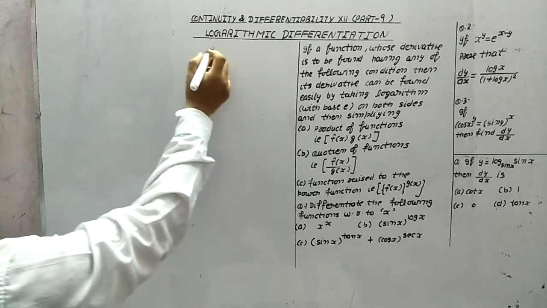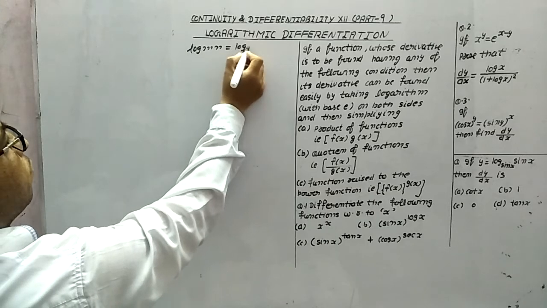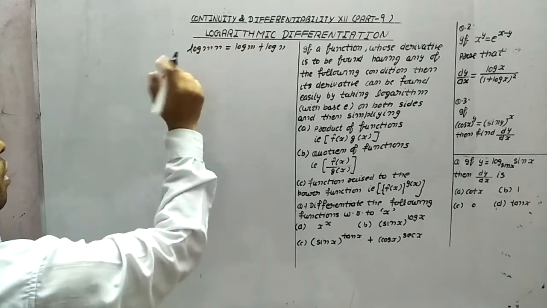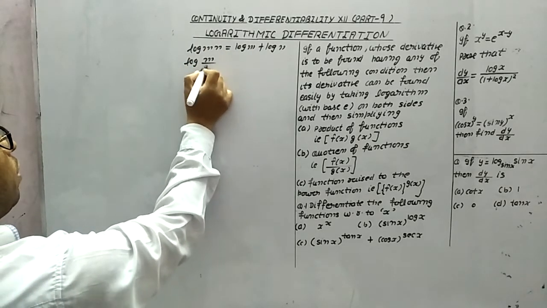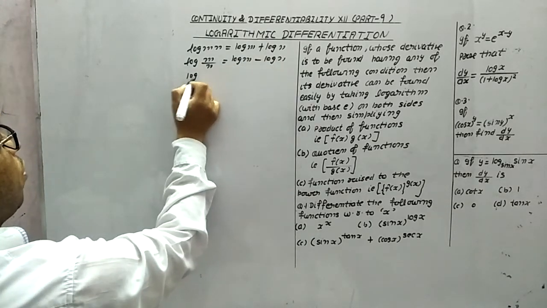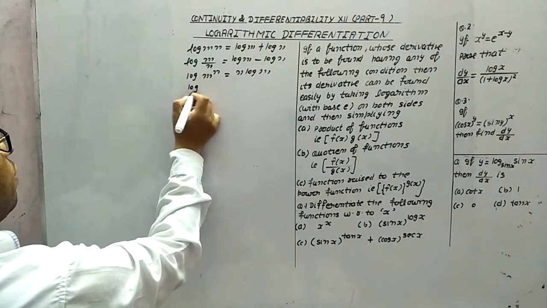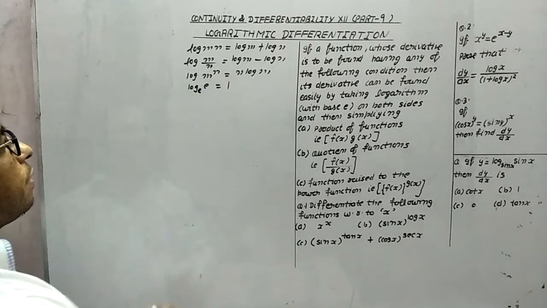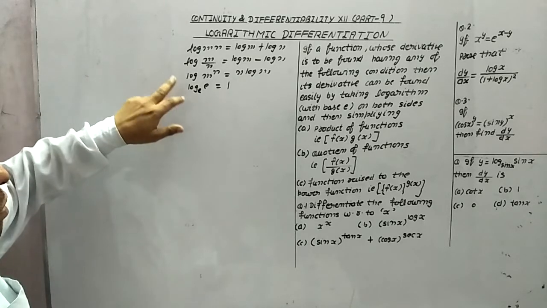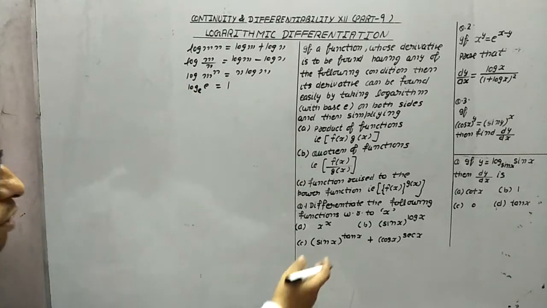For this, three rules are very important. You know about this thing. Log mn is equal to log m plus log n, because these rules we will use frequently. This is base e. Log m upon n is equal to log m minus log n, and again log m raised to power n is equal to n log m. Then one rule is this: if we have log e with base e, then the result is 1. So this rule also we will use to solve the questions. That means if we find the log of any term and the base is the same, then the value is 1. So let's start with the questions.